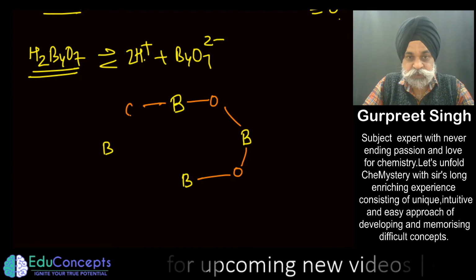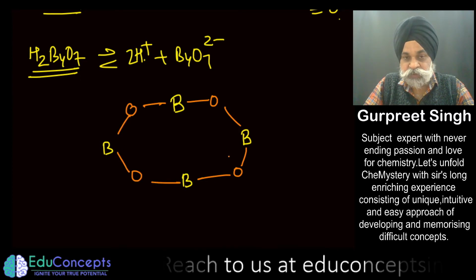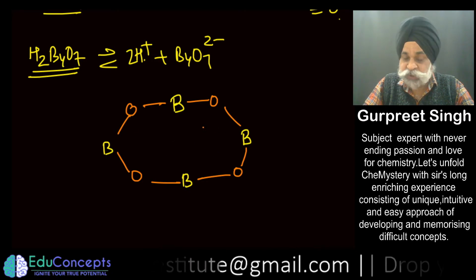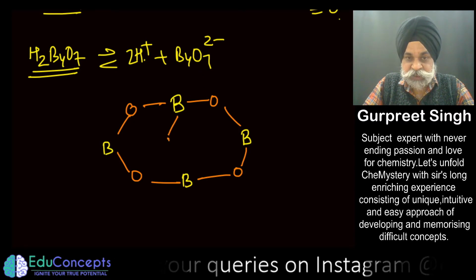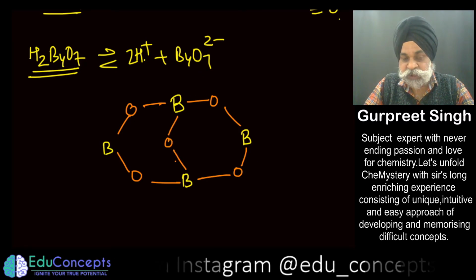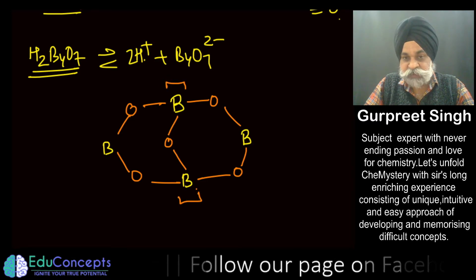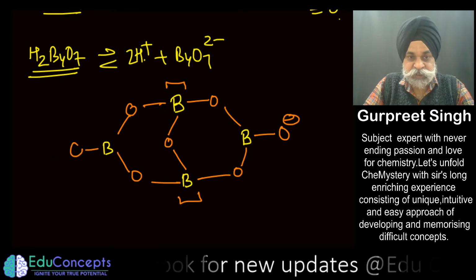If I do so, still the boron is divalent. Now you want to make it trivalent, so how many oxygens have I already used? I have already used four oxygens. This comes the fifth one. Five oxygens are already used. So for this boron and this boron, trivalency has been achieved. So I can place one here as negative, one here as negative.